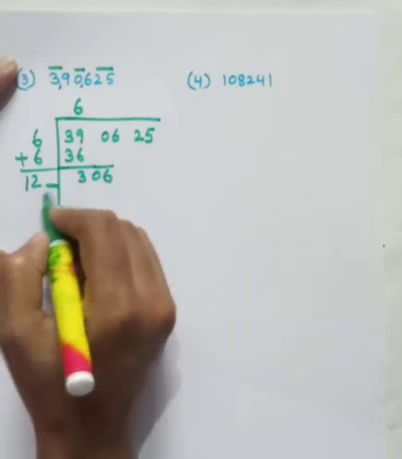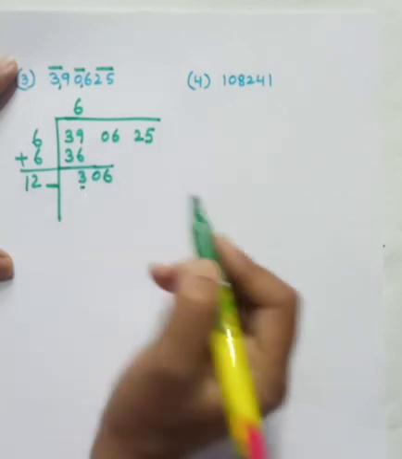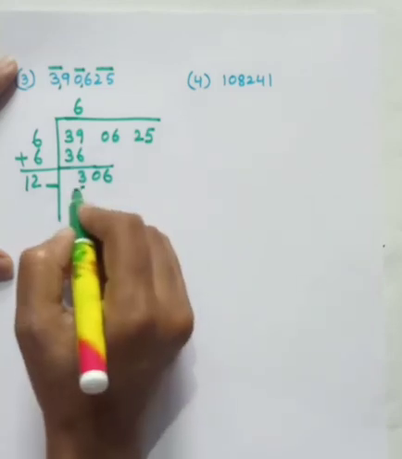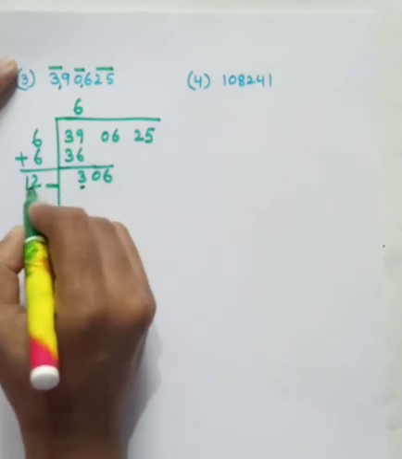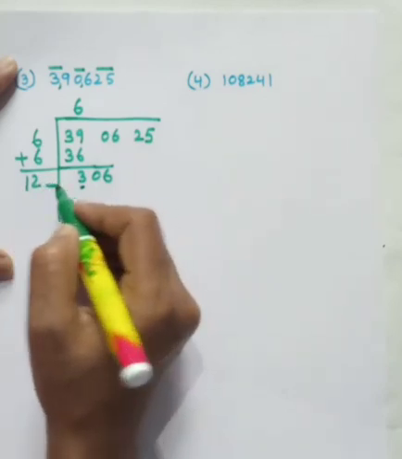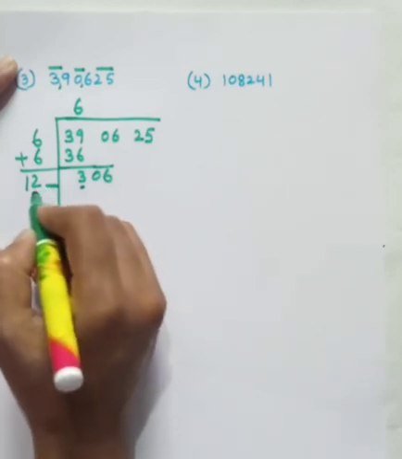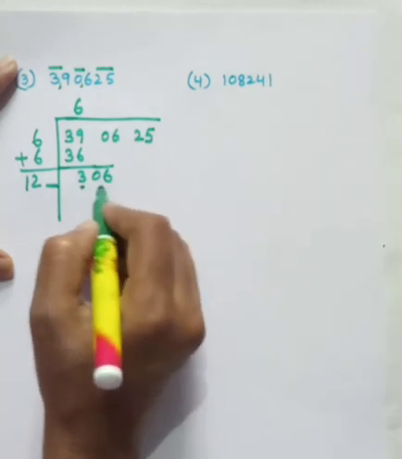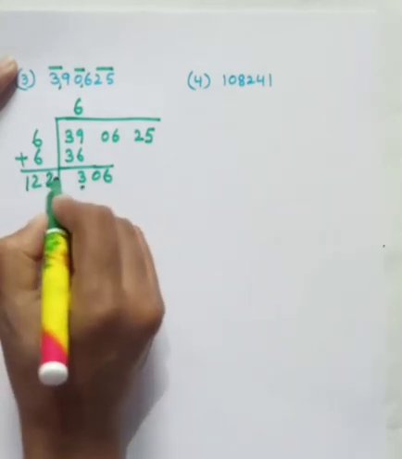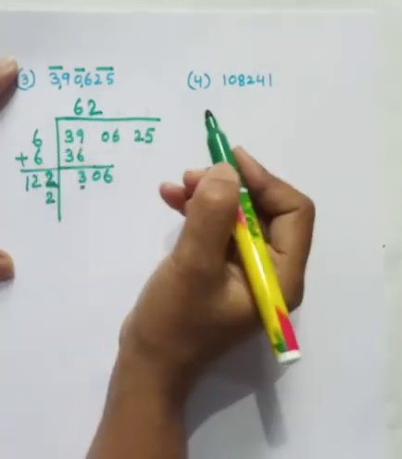So 126 6s, if you go 6 1s are 6, it will come, so it will not be suitable. Here we have to see that the product should be equal to 306 or less than that. If we go for 3 also, we have 123. Then 20 more than 100 plus 20, so it will be nearly 360. So we cannot go for 3 also. So the suitable number will be 2 here. So 2 up, 2 down, and then 2 in the quotient's place.